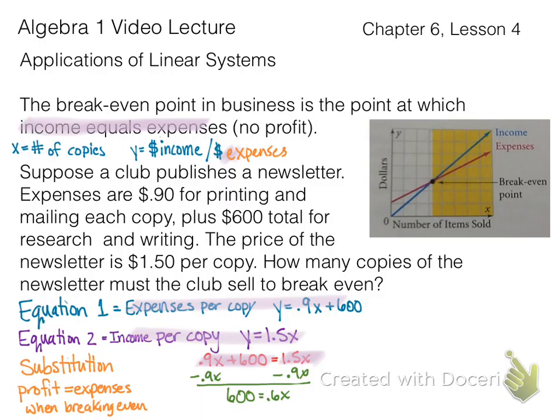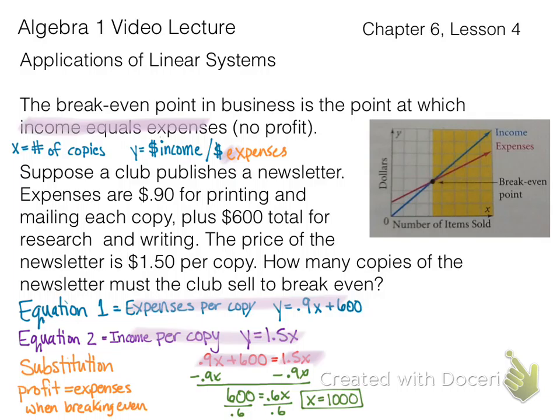So we're going to minus 0.9x on both sides, and we're going to get 600 equals 0.6x. We're going to solve for X. X equals 1,000. So X being 1,000 means we need to make and sell 1,000 copies of